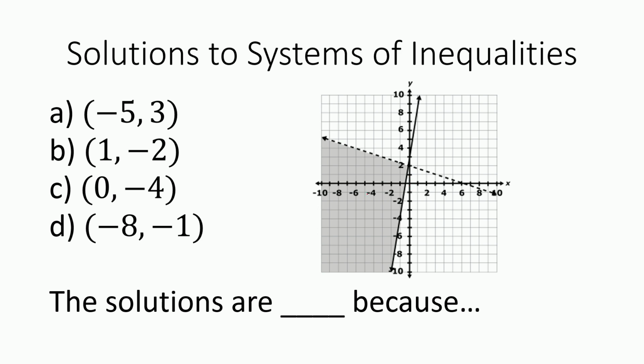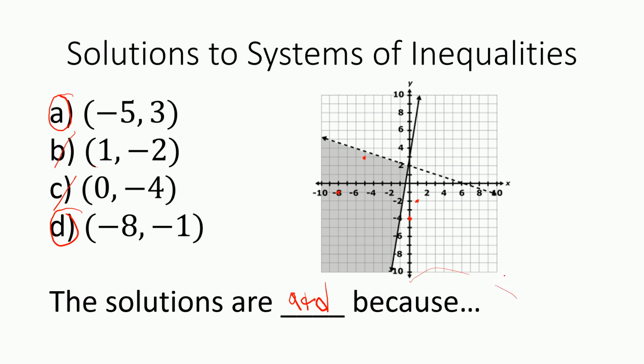So now plotting these points, if I go to -5, 3, that one is in the shaded area, so it is a solution. So I'm going to circle it to remind myself. For B, 1, -2 appears to not be a solution. 0, -4 is down here, also not a solution. -8, -1 would be right here. It would be a solution. So the solutions are A and D